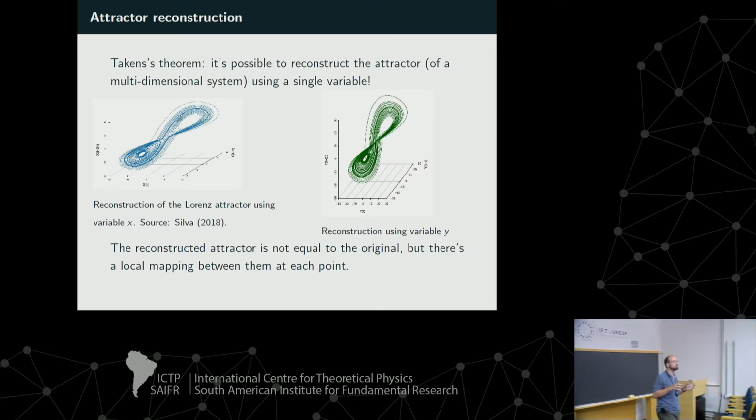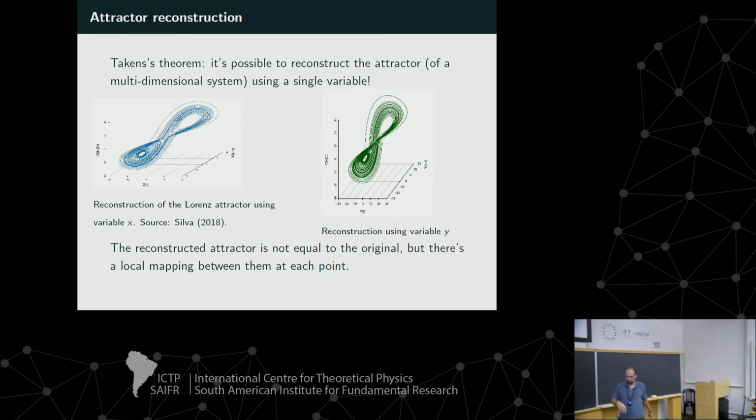If you have a dynamical system, like we saw yesterday from Lais, and Sergio also told us something about it, and you have several variables, X, Y, Z, and so on, what Takens' theorem tells us is that if you measure only one of them, with only one, you have a multidimensional system with many variables, you don't even know how many of them there are, if you measure only one of them for long enough,